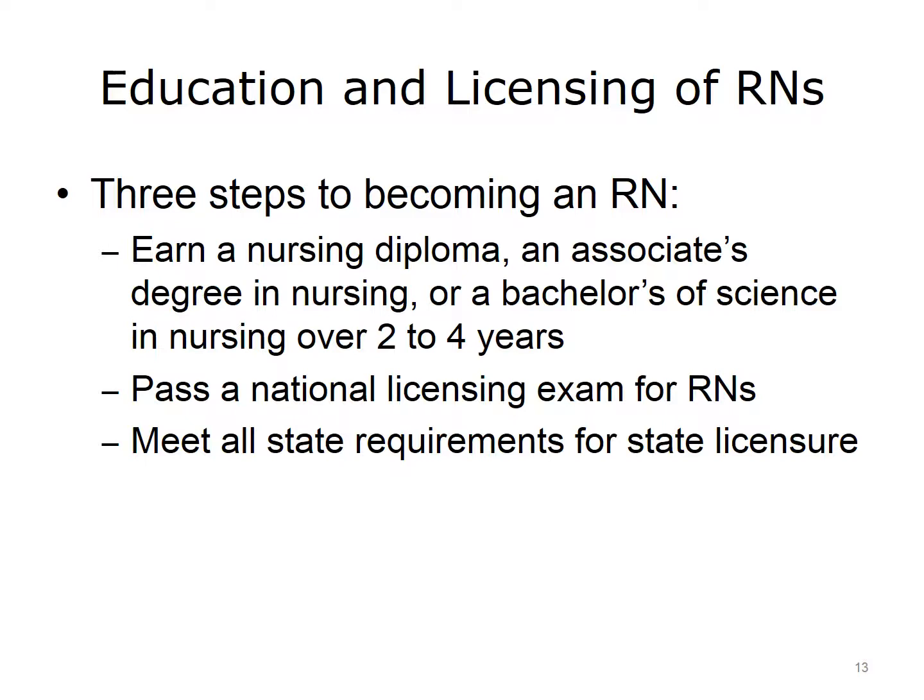Today, a person may earn an associate's degree in nursing from a 2-year college or a bachelor's of science degree in nursing from a 4-year college or university. During the program, students study science and nursing in the classroom and receive supervised hands-on experience with patients in a healthcare facility, such as a hospital or a public health department. Students then must take a national licensing exam for registered nurses. Once they pass the exam and meet all their state requirements, they can work as an RN under a state